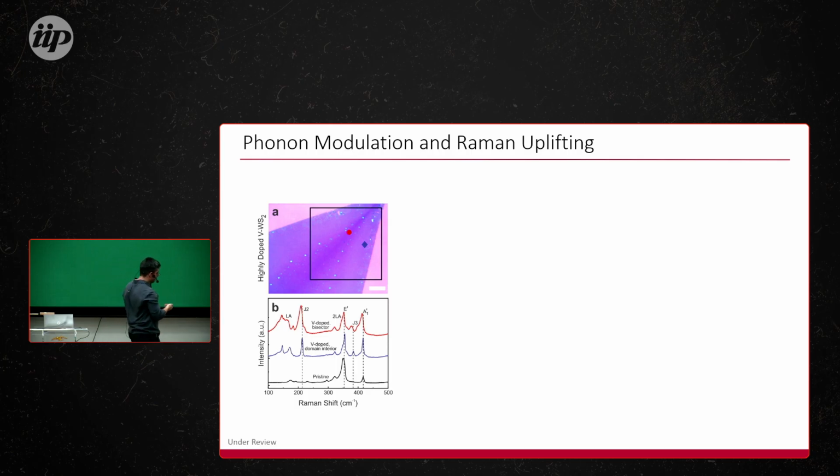Considering the irreducible symmetry, we just call the in-plane vibration the E prime mode, and the out-of-plane vibration the A1 prime mode. That's all. So, in-plane and out-of-plane vibration. Notice that as we introduce the defects, measuring now over here,